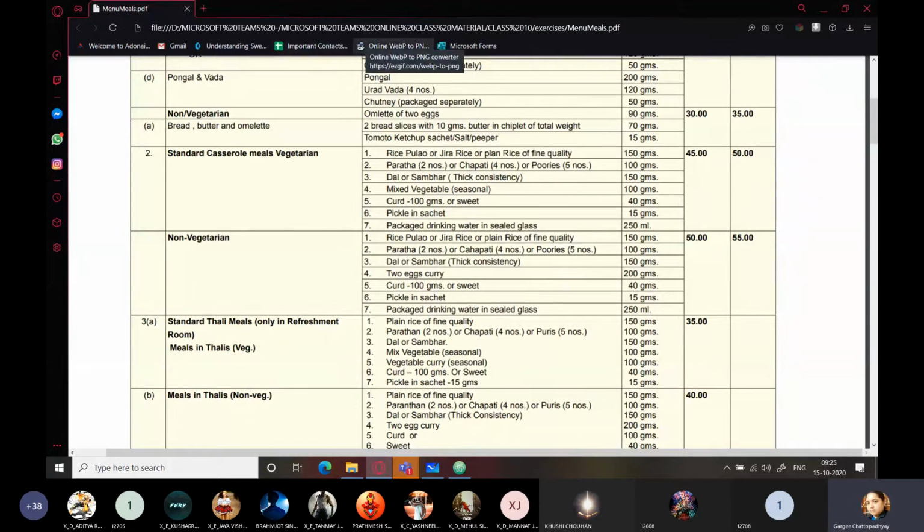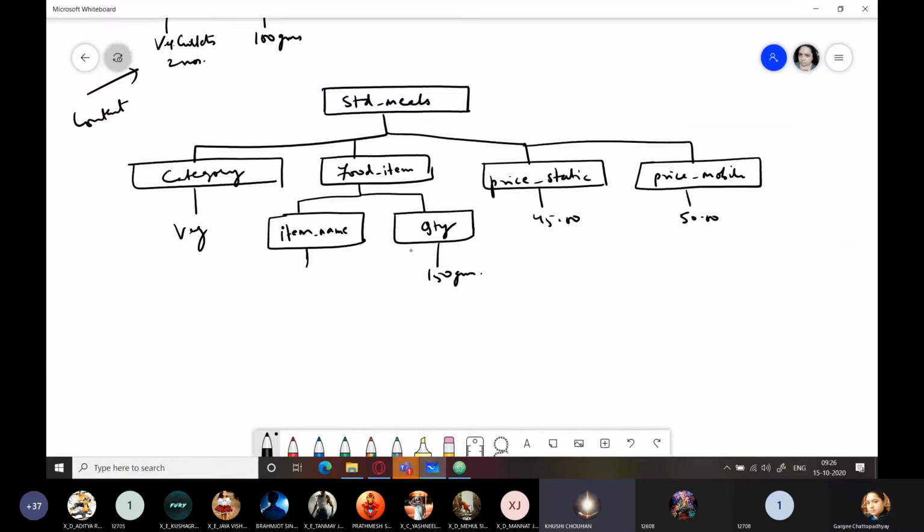Yes, put in your thoughts here. Yes, everyone. Ma'am, can we do like this? Like food items, simply writing rice, then wheat, and then pulses, and then in another element we can write variety. So ma'am, that we can put in varieties. Rice has different, like rice pulao, then jeera rice, and wheat has different. That is one good option. We actually took that route. I think the most suitable is that route only.